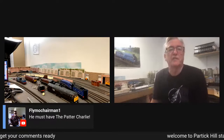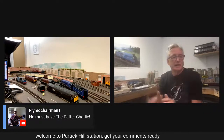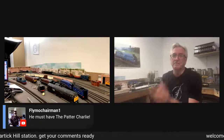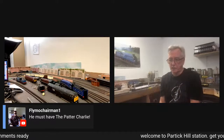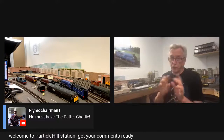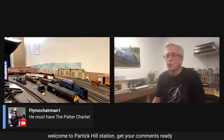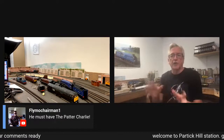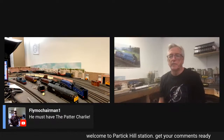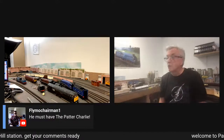I thought at first I was going to say he must have the potter, which reminded me about my Harry Potter train sets, of which I have 2, unopened. I bought them when they first came out thinking, these will become collector's items. Well, I've still got them in the other room, stored away. They're really good looking, and I think it's the Hall locomotive that was actually used in the movie, and 2 Lima coaches, the track and the transformer and cardboard castle, that type of thing. And I'm thinking of putting it out on the market locally as Christmas is coming round, so it might be something that people are interested in getting,